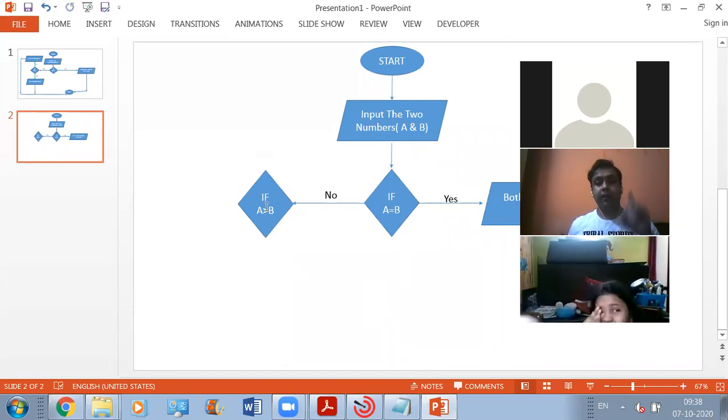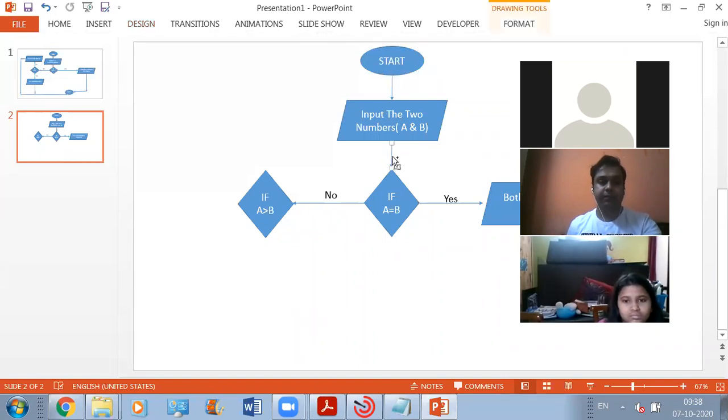now we again have to define two parts for this condition. One is the false part and the second one is the true part, or you can say the no part and the yes part. Now let's make use of this direction sign first.